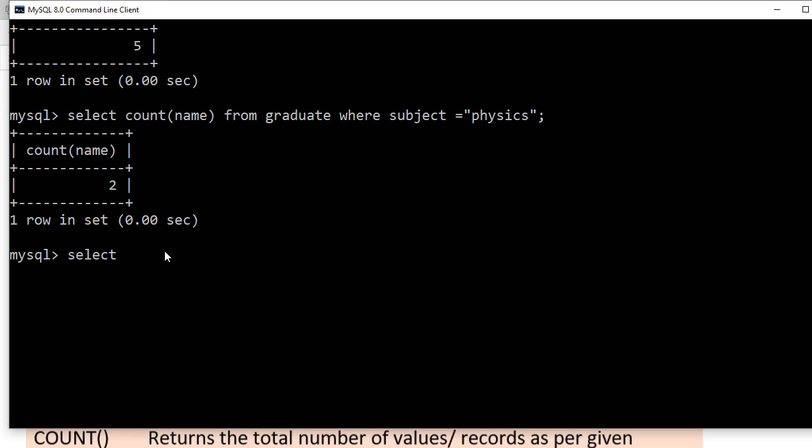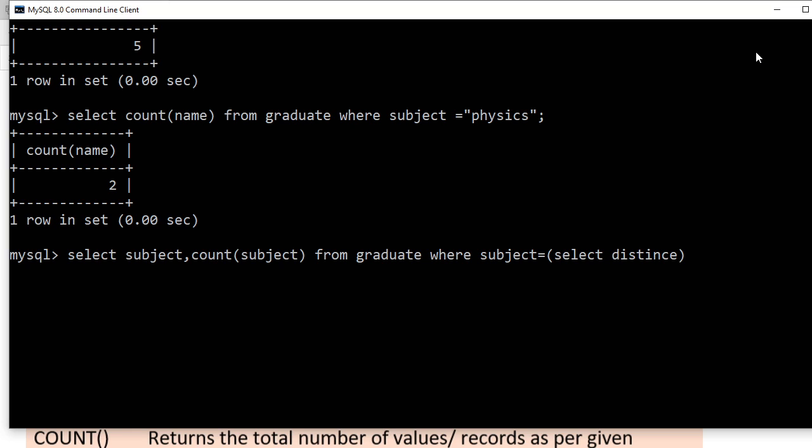What I'm going to do is select subject, comma count subject, from graduate, where subject is equal to select distinct subject from graduate.